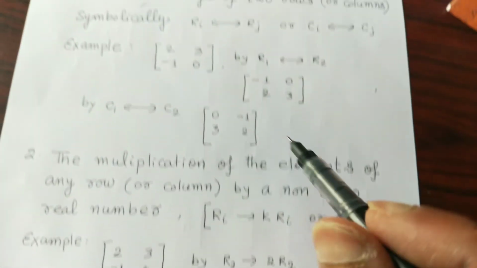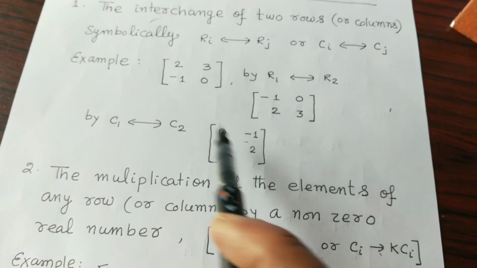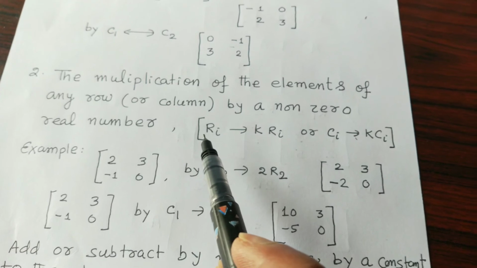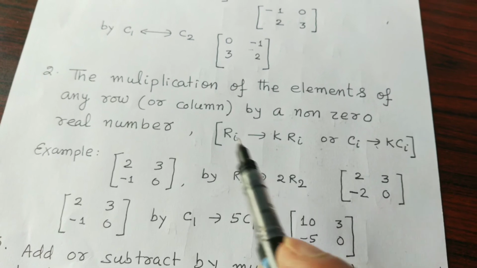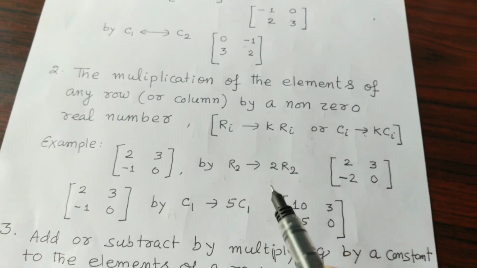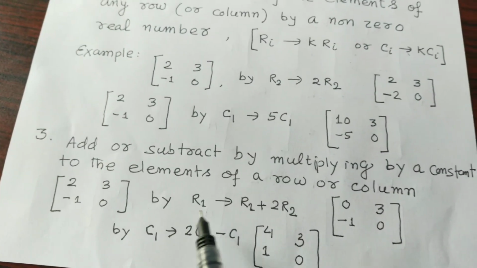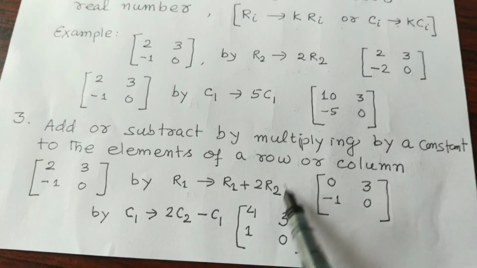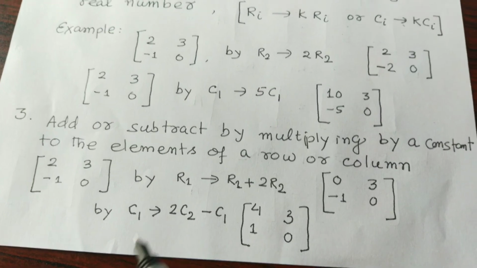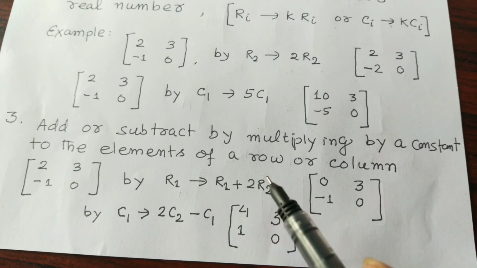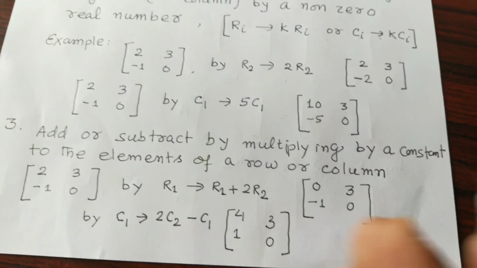So in elementary operations, as you can see, number 1, you are allowed to interchange any row or column, and then you can multiply row 1, row 2, or column 1, column 2, or column 3, by any constant number. And this operation is also allowed: row 1 can be obtained by adding or subtracting multiples of the elements of any other row, and one column can be obtained by operation with column 2 or column 1, any operations you